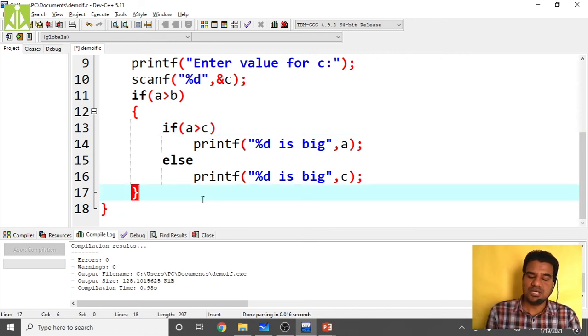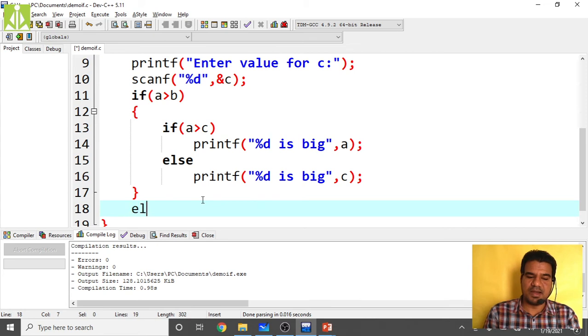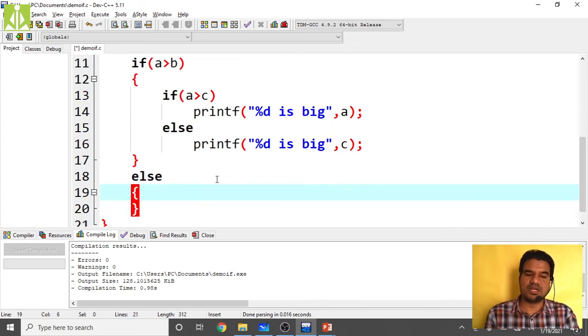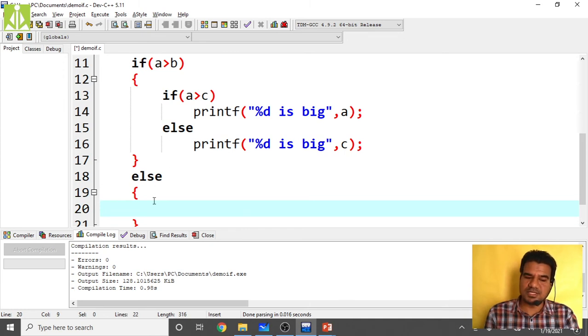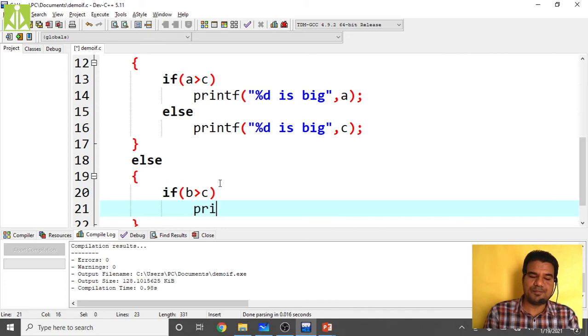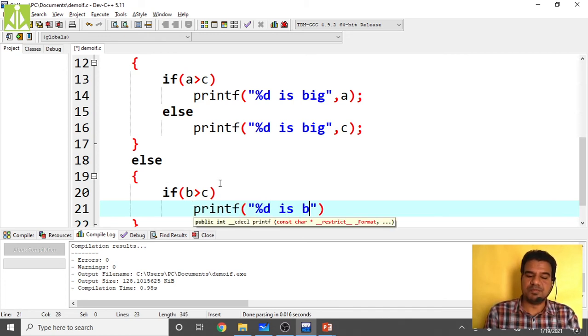Hopefully you understood. Now inside the else part, when the control comes towards this else, that means a is smaller than b. So now we have to frame the condition between b and c. If b is greater than c, then printf %d is big, comma b.